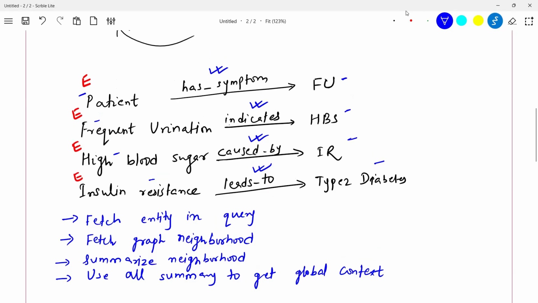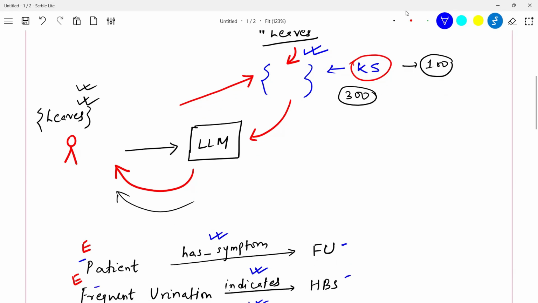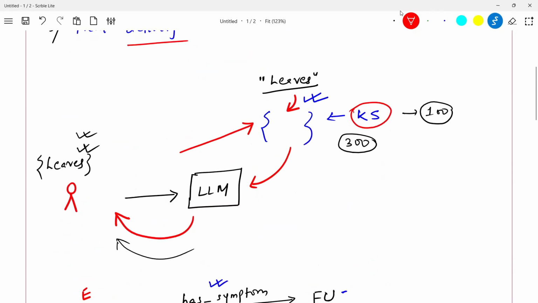Previously, in the leaves example, since you are doing a keyword match or a semantic match, you are only getting the local context. But if your knowledge is stored in a graphical form, you can get something known as global context, and that is the use of GraphRAG. I'm going to show you that in Python, don't worry, but just understand this concept for now. There are many tools which can implement GraphRAG, but I'm doing it manually this time in my code. I'm not using any such tool, Neo4j, etc. Just to make it simple, it is a manual representation of data.